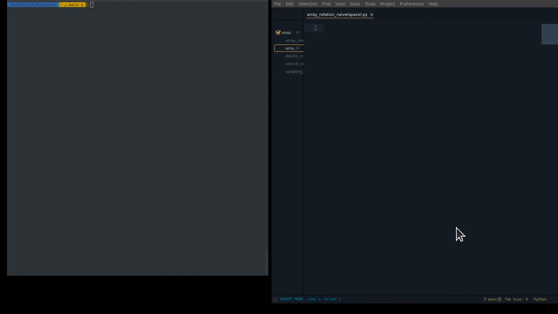Hello guys, in this video we are going to discuss array rotation. Array rotation means we need to rotate the elements of the array by a given position. Let's suppose we have this array which is 1, 2, 3, then 4, then 5, then 6, and we want to rotate it by